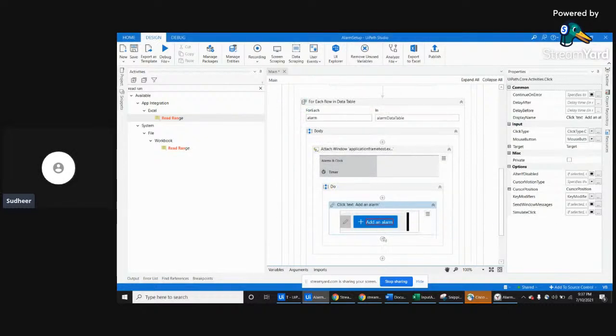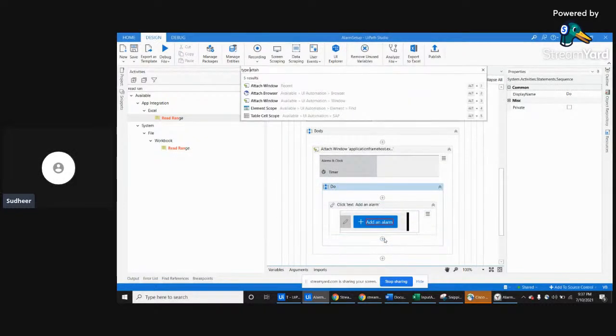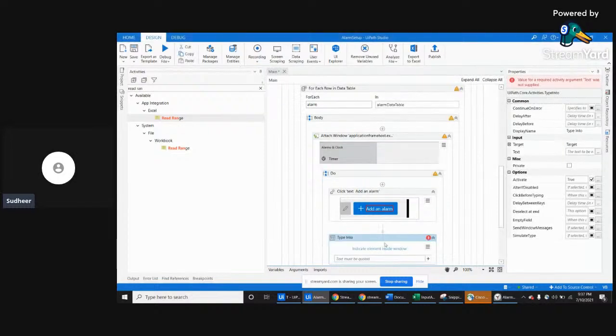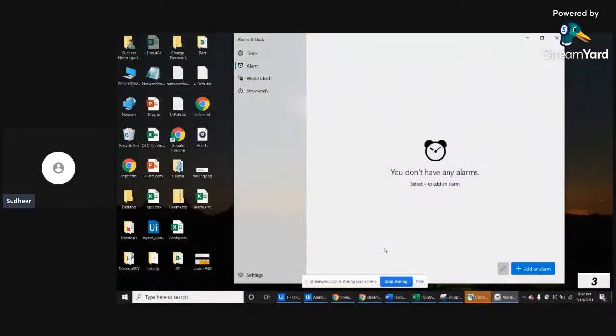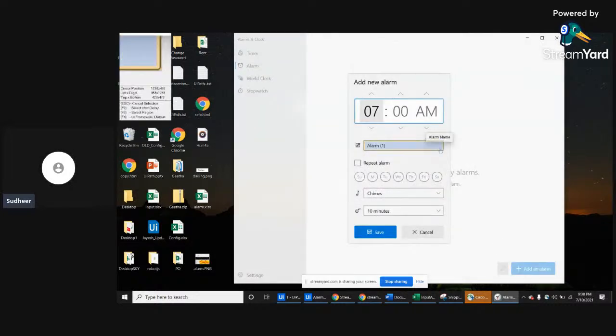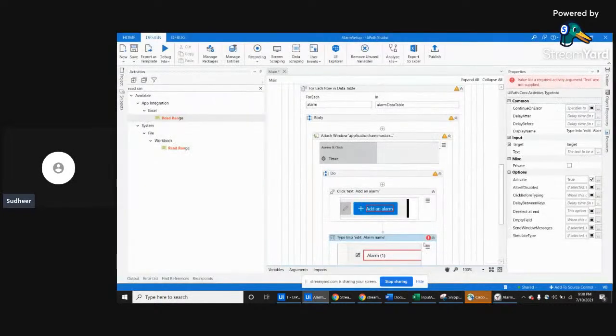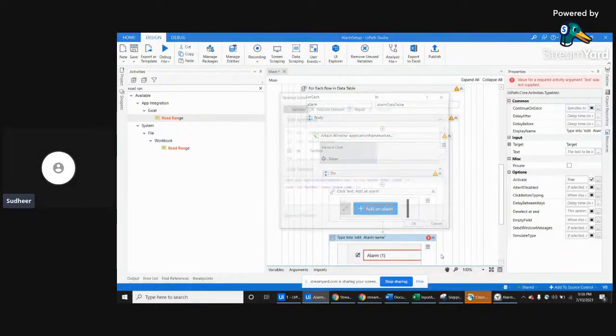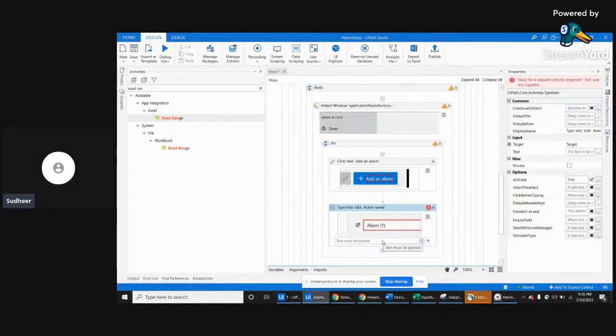So the next step is type into, right? Type into, use the F2 to delay, and I want to type the text here. Okay. Check the selector. Selector looks good. And what do you want to type? So you want to type